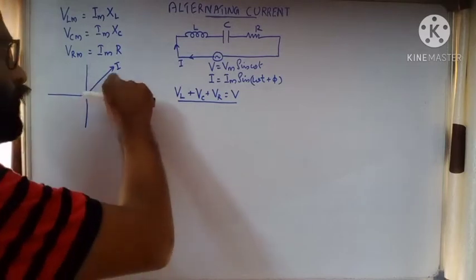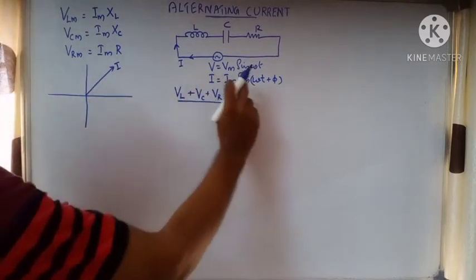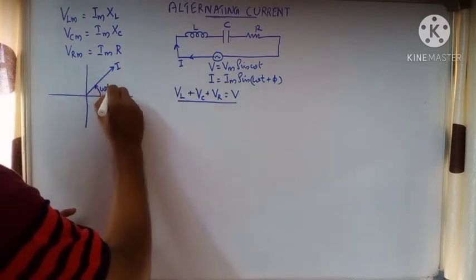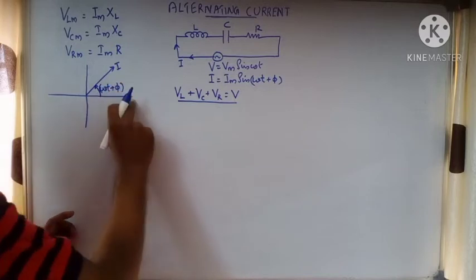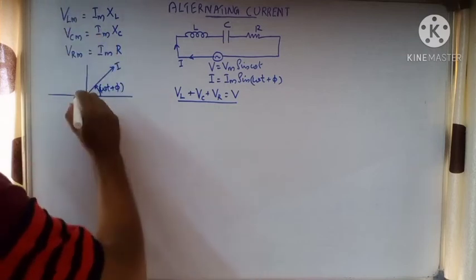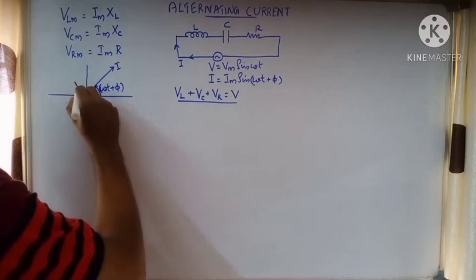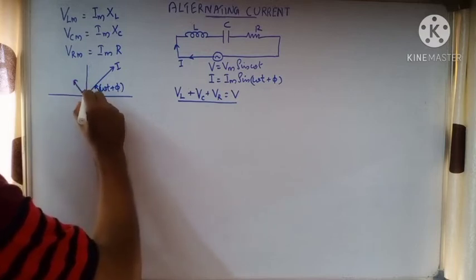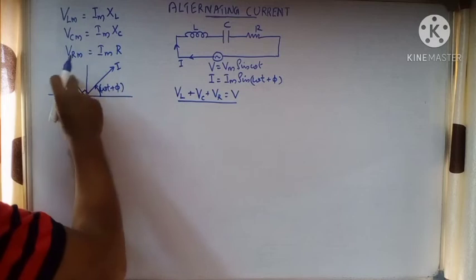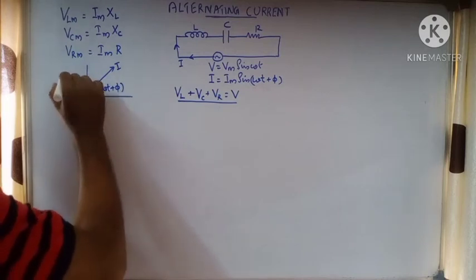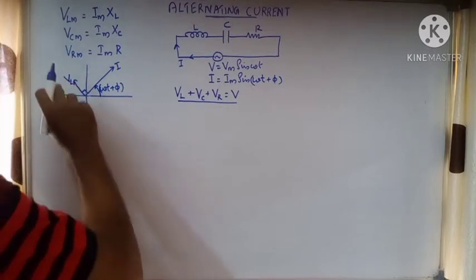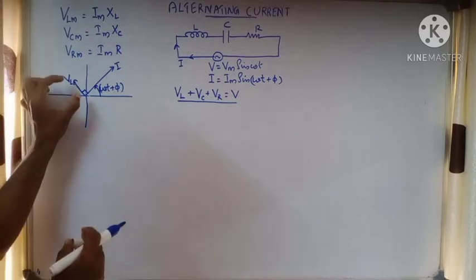So if you have drawn the vector for current, what is the angle here? The current has angle omega t plus phi. We can represent it like this, omega t plus phi with respect to the reference line. This is the current. What about the voltage? The voltage across the inductance we can represent here. This will be the voltage across the inductance. What will be this angle? This angle will be pi by 2. So the voltage is actually leading, in the anti-clockwise rotation, in front. So this is pi by 2. This will be the voltage across the inductance, VL. What is the length of VL, the phasor VL?